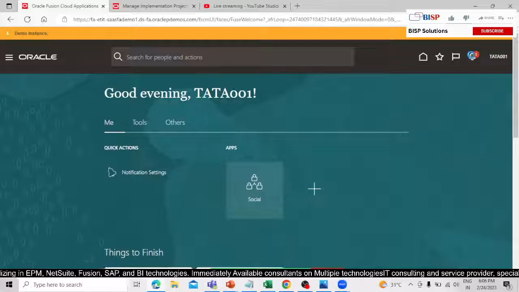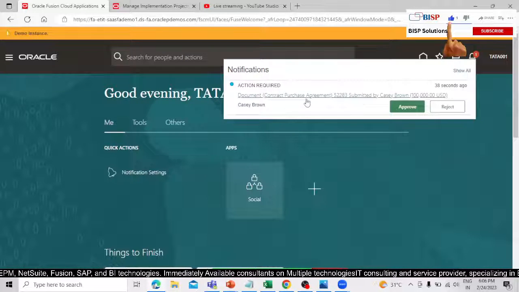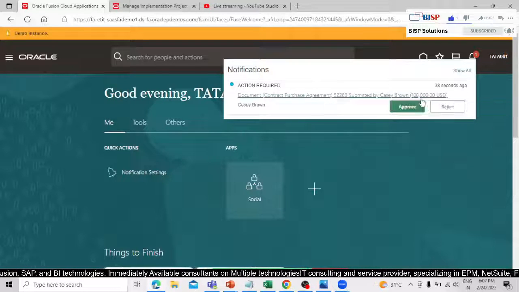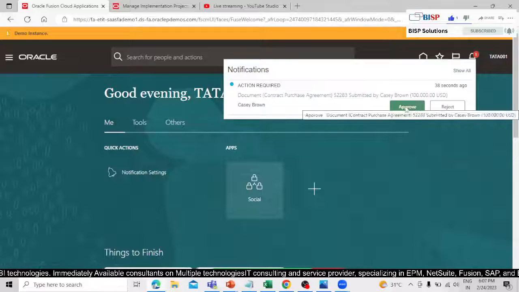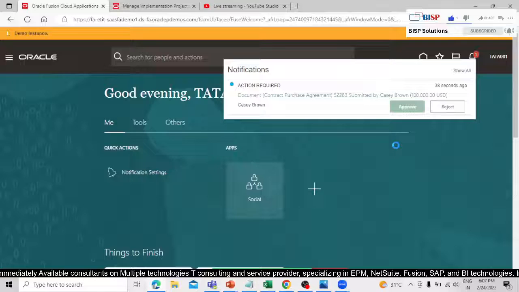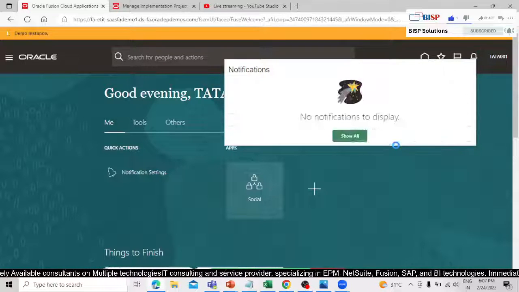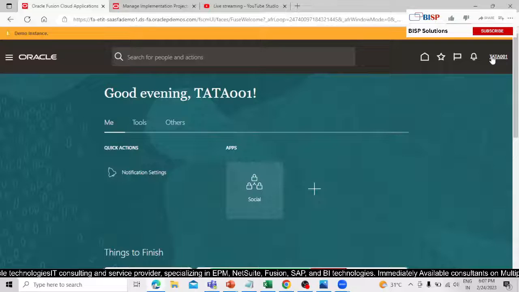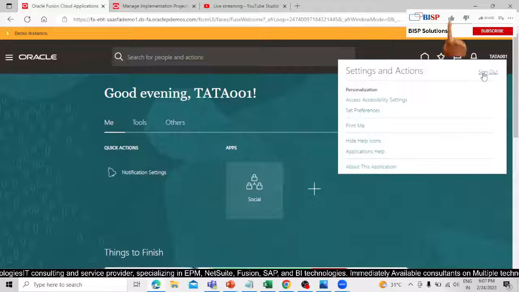Right, so we have received one request. That is our contract purchase agreement, right? It's submitted by the KC Brown with the 1 lakh USD is the limit amount of this agreement, right? Let's approve. Now let's create purchase order, and we'll check how the purchase order is created, or you can create the requisition of this. So let's sign out,